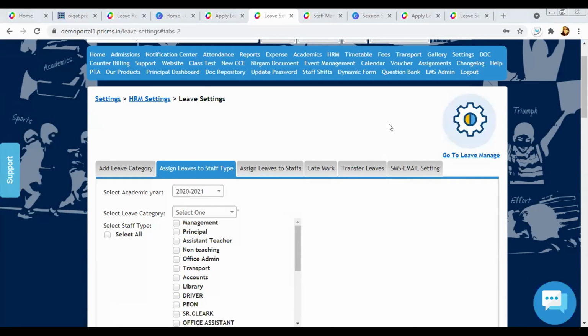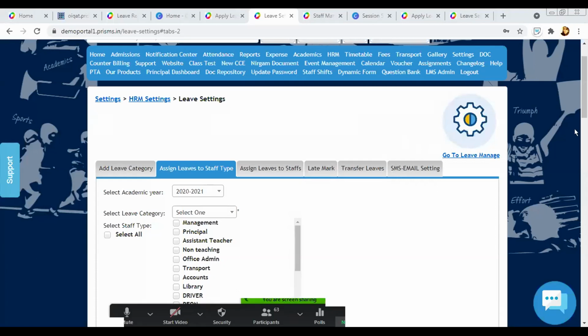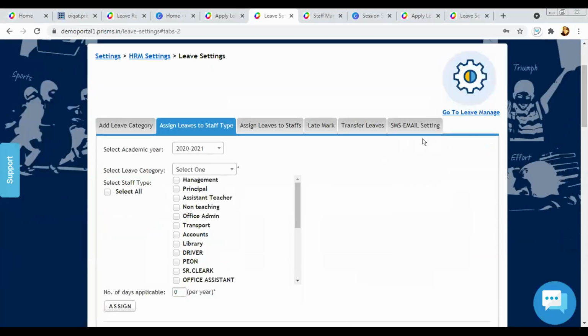Deepak sir, one question. Suppose this admin application is allowed to be downloaded by the admin as well as the principal. Suppose a teacher has applied for leave, so who is going to sanction these leaves? Either the admin person or the principal, or will it be reflected in our system who has sanctioned these leaves, because in some schools there are a number of administration persons.